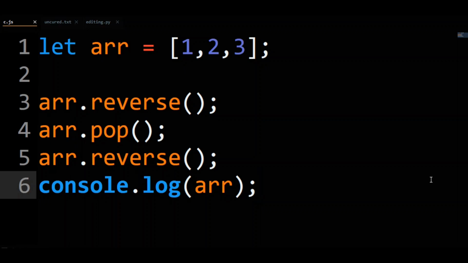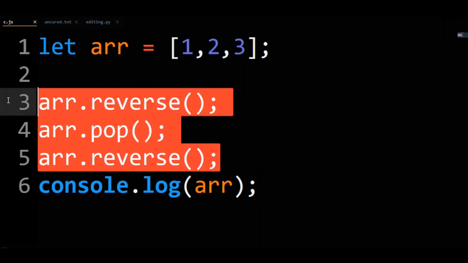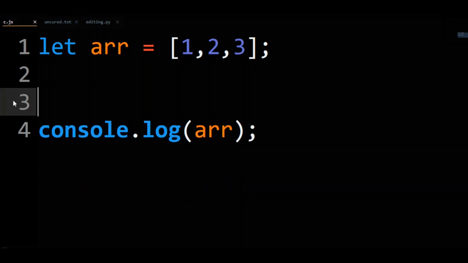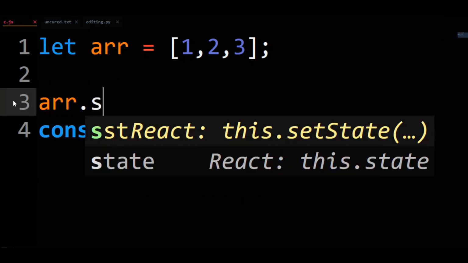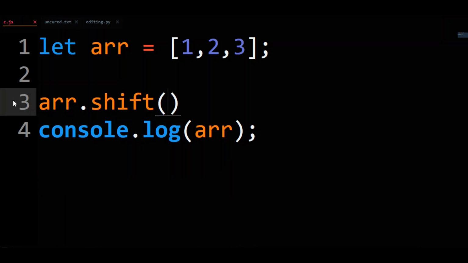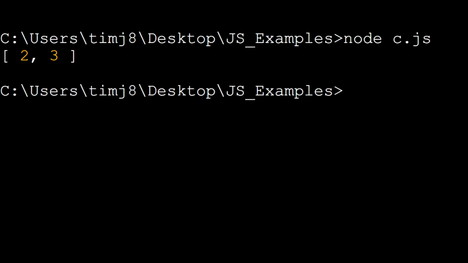Now, if the pop in your query is not literal and is just a synonym for wanting to remove the first element of the array, there is a much simpler method. Let's get rid of everything except the original array and the printout. If you just do r.shift, let's run this code and see what happens. This also pops the first element, but it's a lot more efficient and a lot less steps.